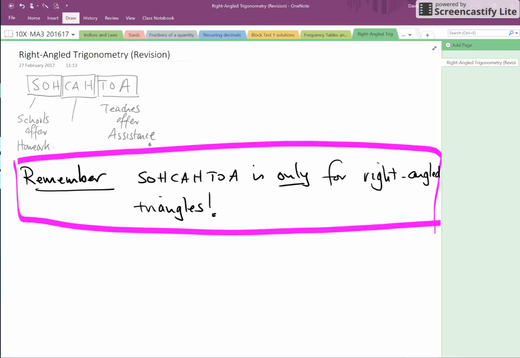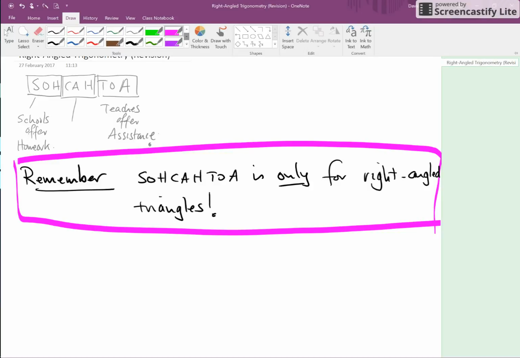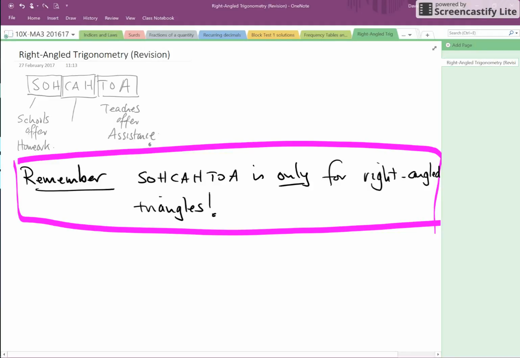What do these three letters mean in each of the SO, the KA, and the TOA? Let's just remind you of that. Remember that the SO means, and sometimes you might see this written as